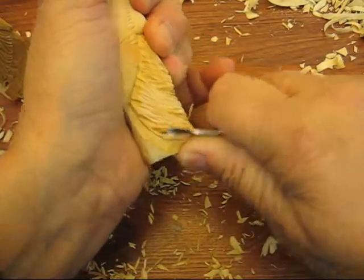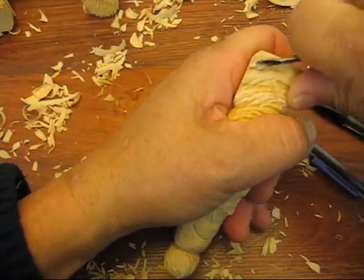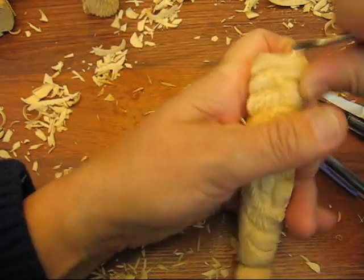You can draw it on with a pencil if you like. That, whoops, I just knocked one of the Santas over. If you like it, that's up to you. Whatever works for you. I find though, if you put pencil lines on it,